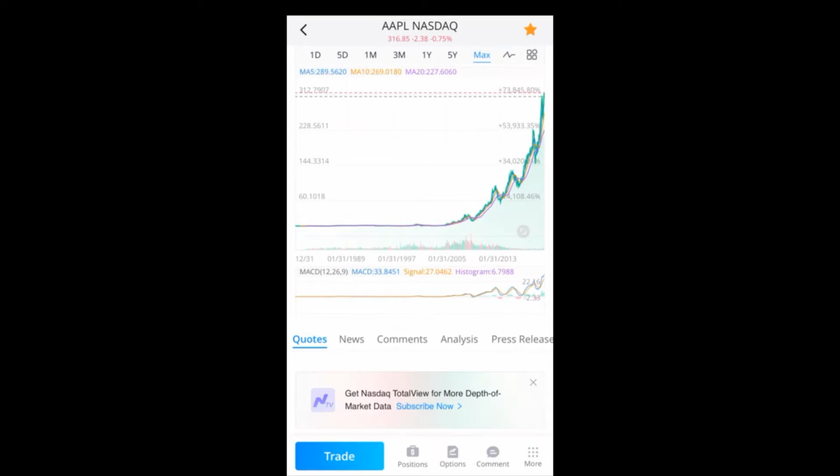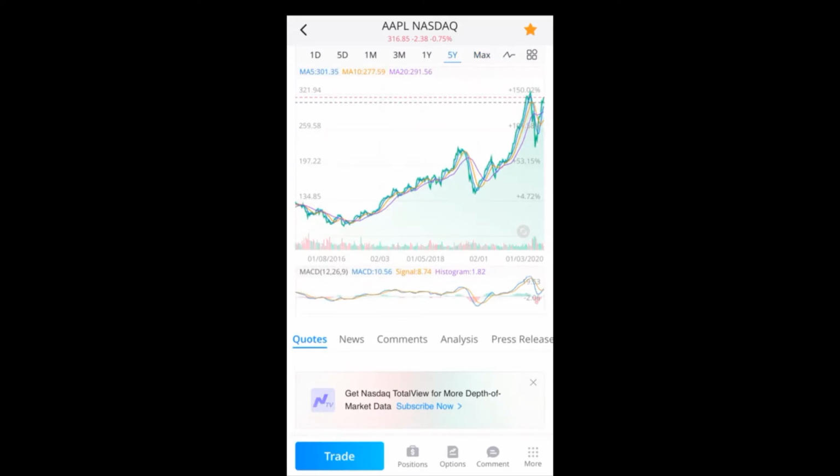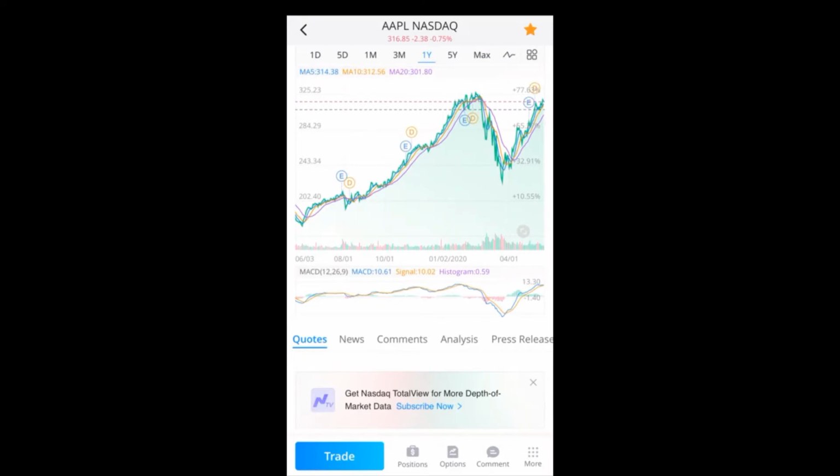If you held it all this time, it's up over 73,000% since its IPO. But even just looking at the past 5 years, still great, up over 150% over the past 5 years. And over the past year, despite the huge drop back in March, late February, it's still up over 77% over